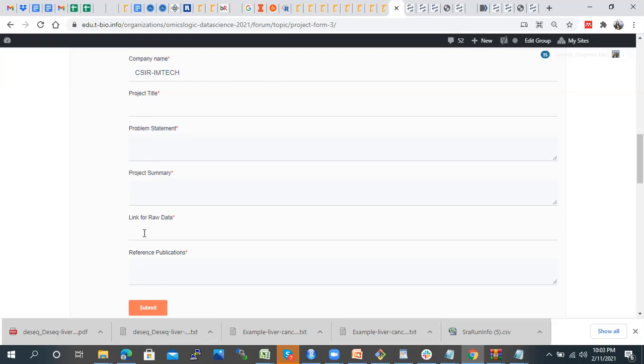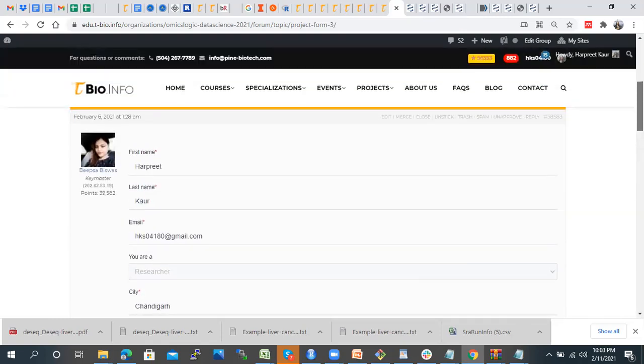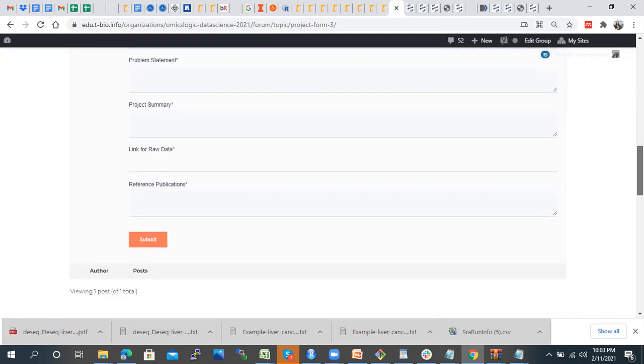Then, when you are searching for your research project, you must go through some of the data sets. Like today I have shown you for one question; depending upon your research query, you can find even one data set or more than one data set. You also need to find reference publications for that. Is it clear? Yes. So this form you must fill.